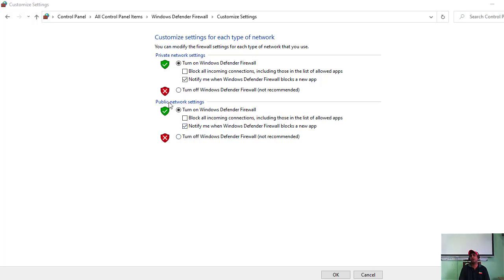Turn off. Sometimes you have to turn off the firewall, right? There are options to turn on the firewall. Sometimes some applications are not allowed to install, so at that time we can stop the firewall on a temporary basis, install the particular software, and again turn on the firewall.